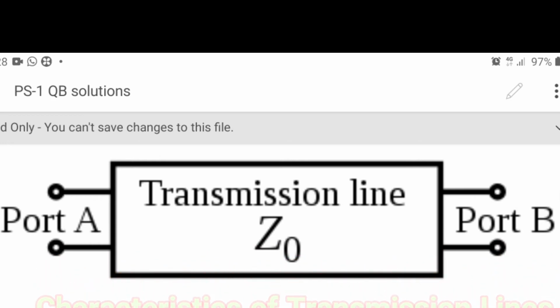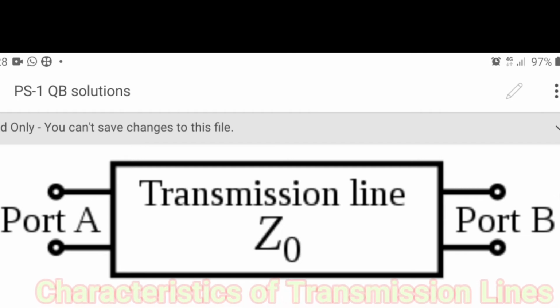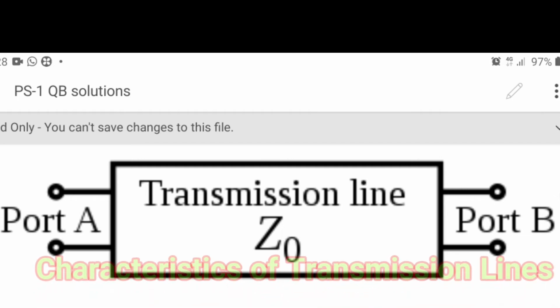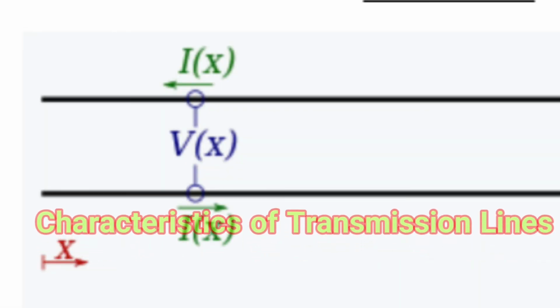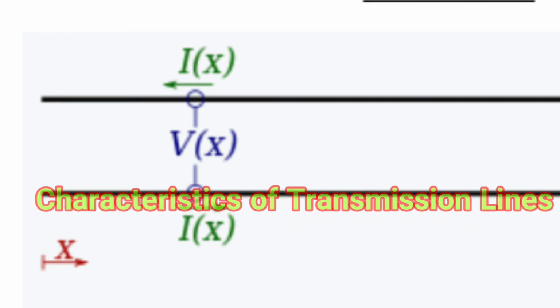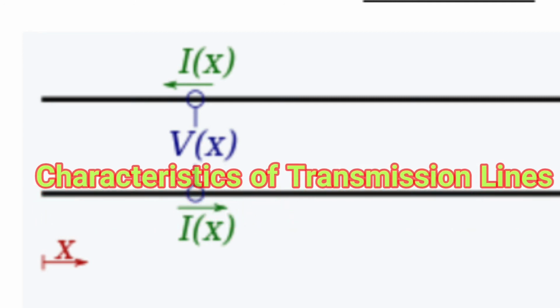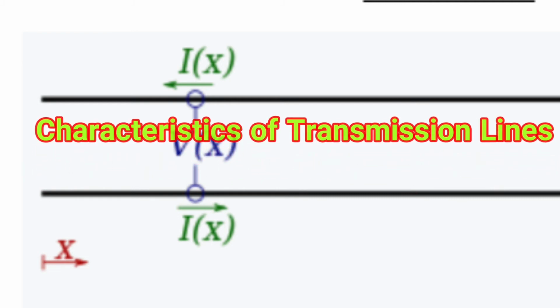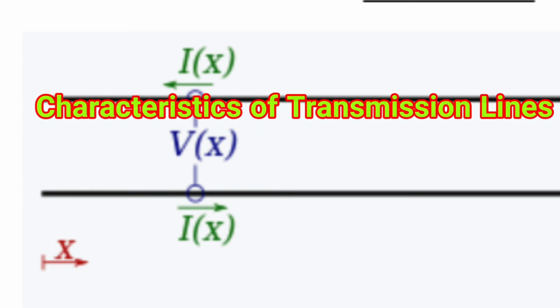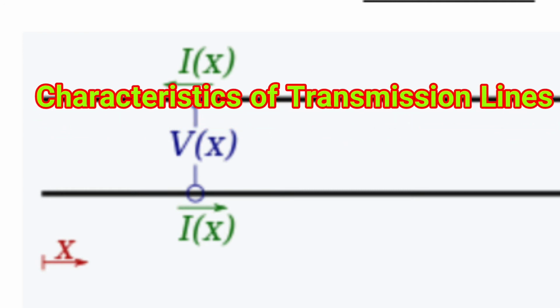Some of the power that is fed into a transmission line is lost because of its resistance. This effect is called ohmic or resistive loss. At high frequencies, another effect called dielectric loss becomes significant, adding to the losses caused by resistance. Dielectric loss is caused when the insulating material inside the transmission line absorbs energy from the alternating electric field and